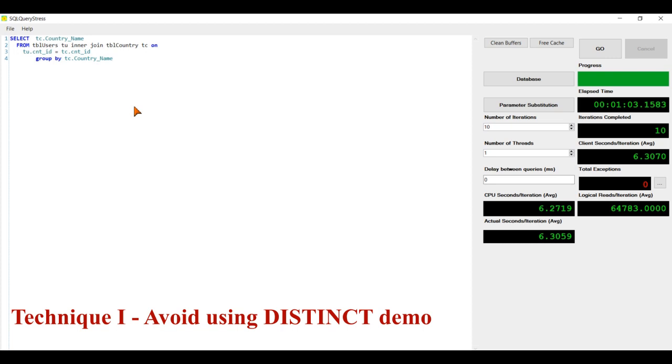The only difference is that to get the unique records, I have used the group by clause. Both the queries ensure that I have distinct or unique records. But you can see the time elapsed by group by is 1 minute 3 seconds.